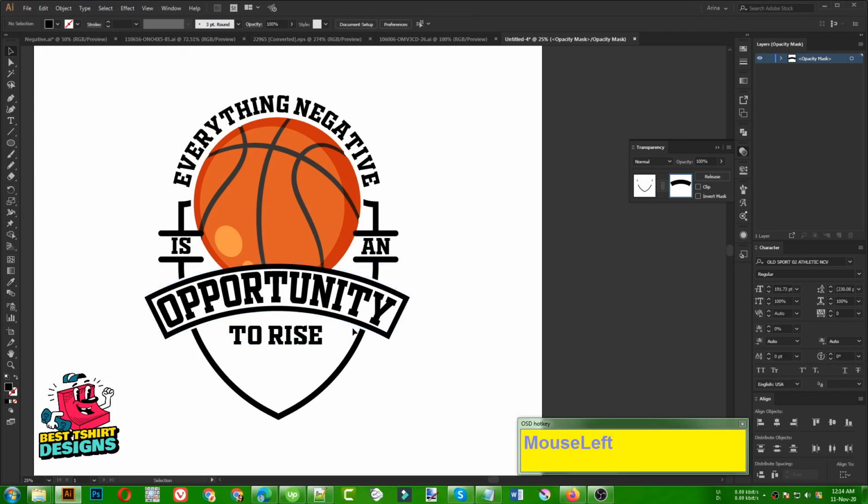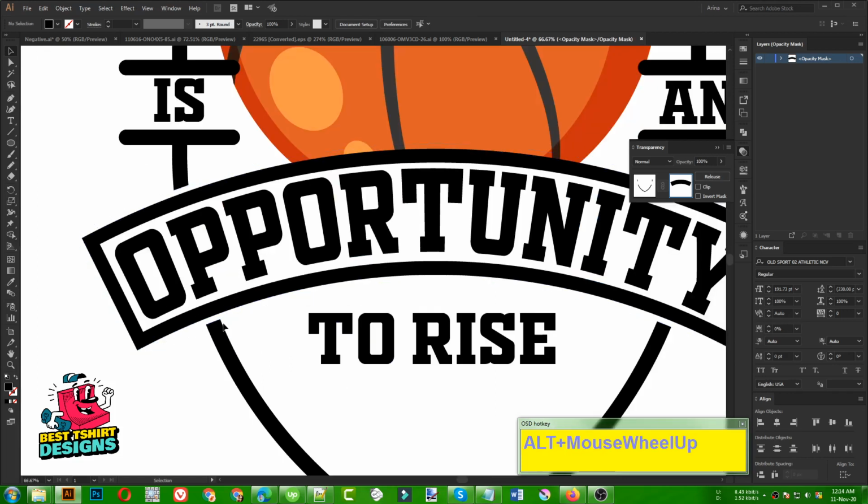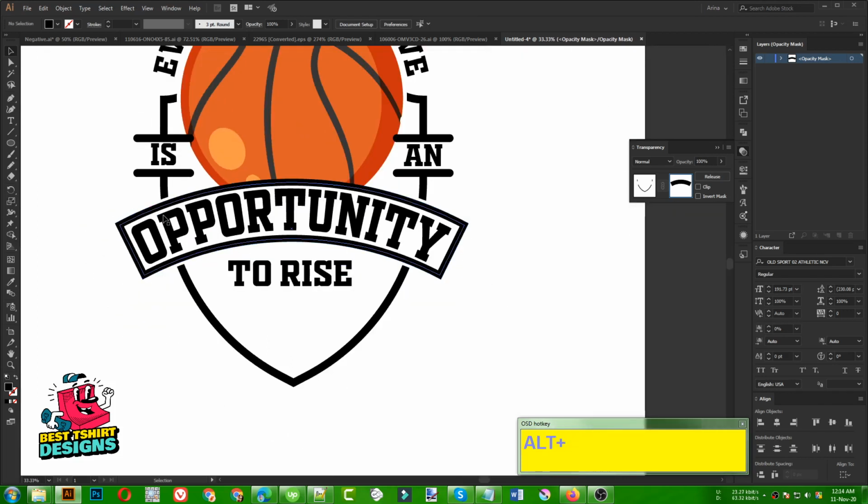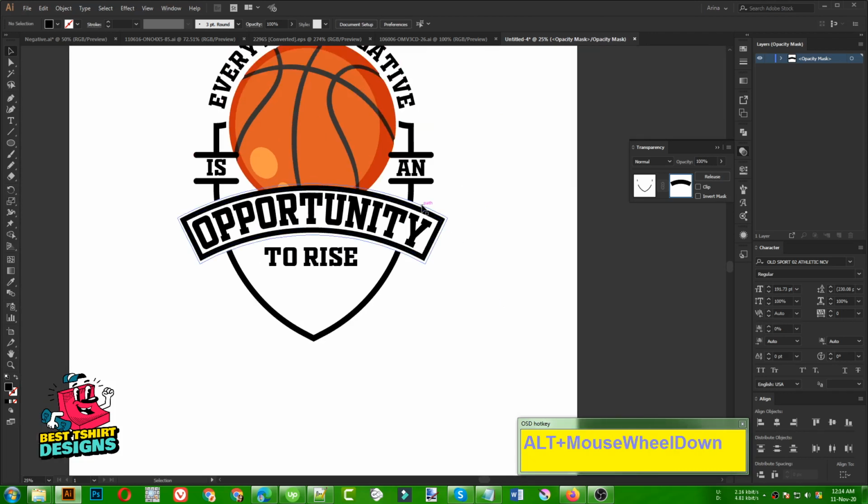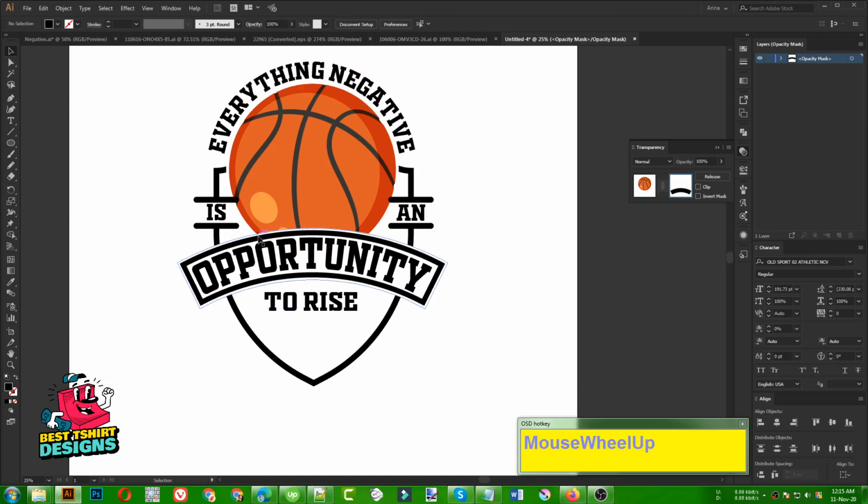Press OK. It is going to give me this cut out look from this area, and that is how it is not going to be visible there. So that is good. Now I am going to select this one, this offset path, copy, then click here. Then of course I need to select this ball vector, then inside the transparency I can erase the previous one, then press Shift Ctrl F to paste in front, and that is going to give me this exact same look. So that is good.